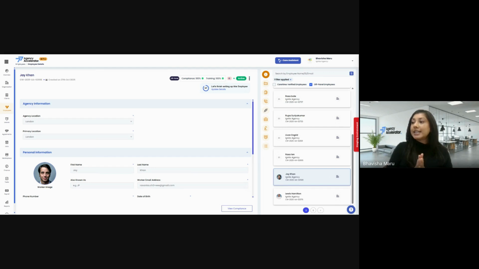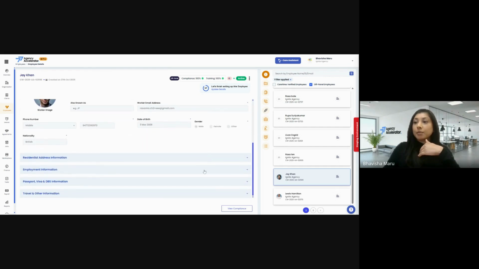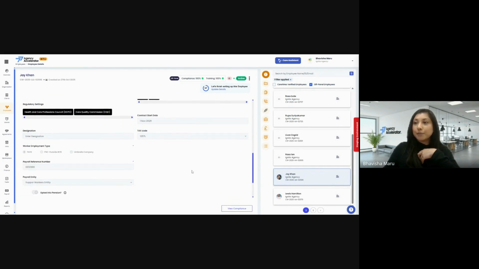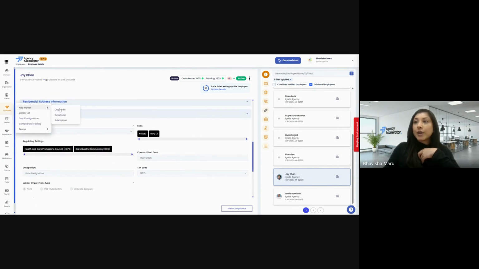What that means, as an added benefit of the app, is that they'll be able to upload any of the profile documents and compliance requirements that you need for them to populate their profile. So as soon as you've done the quick add feature there and invited them to use the mobile app,